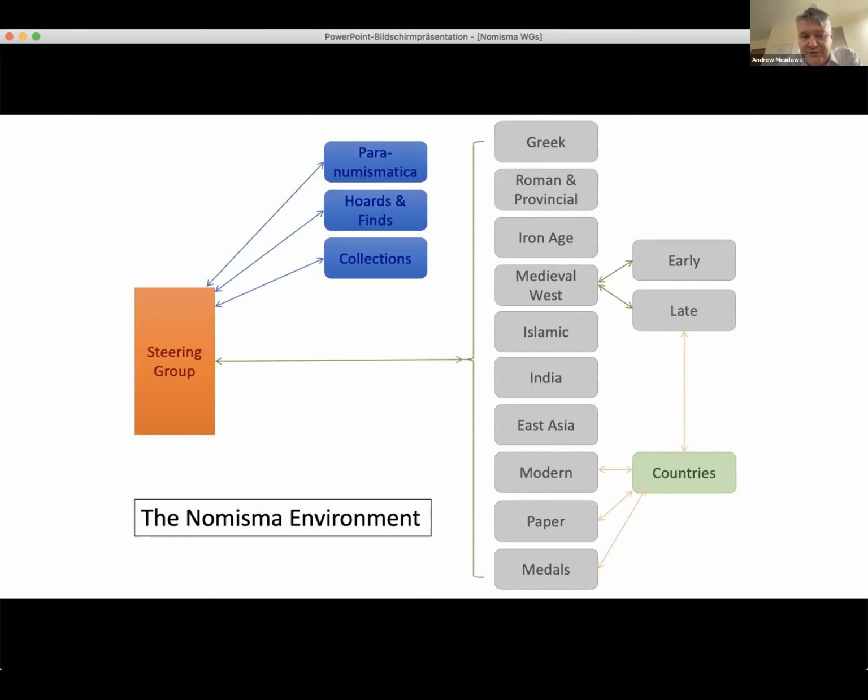Yeah, I think that's a very important point, Andy. We're very much a community with pretty well no hierarchy. Anyone who wants to contribute is a full member of the network, of the community, and we'll be looking for people to come in and join. As I say, particularly on the areas that we're just starting to work on, and one of those is certainly the medieval period. At this point, I'll stop